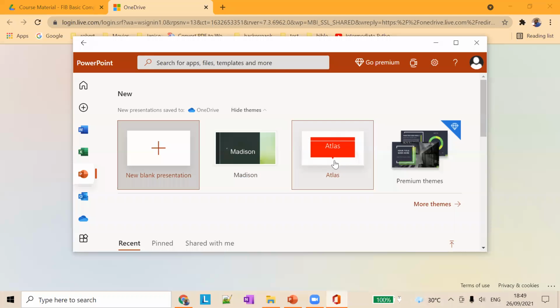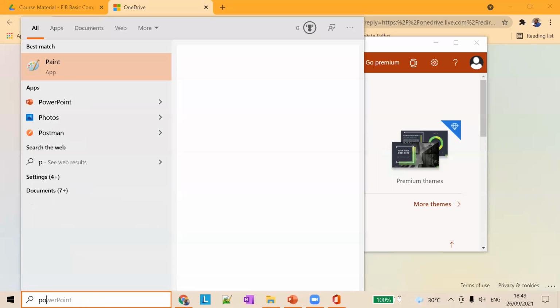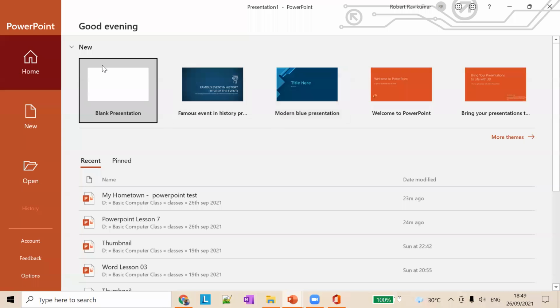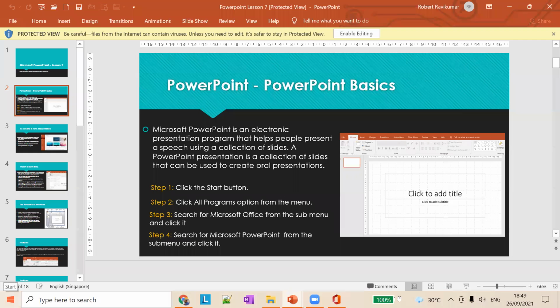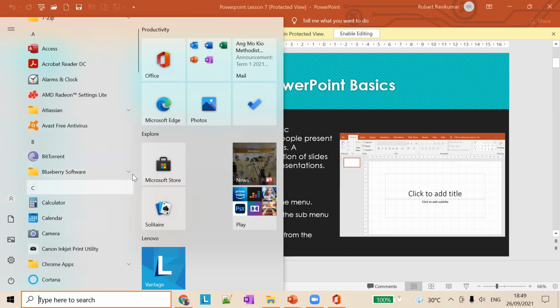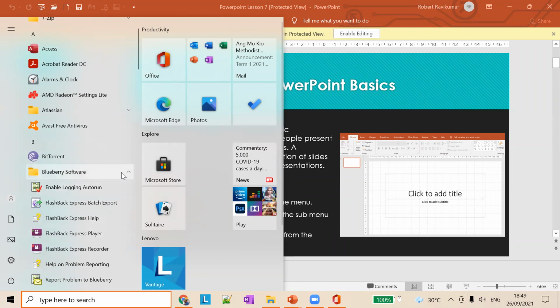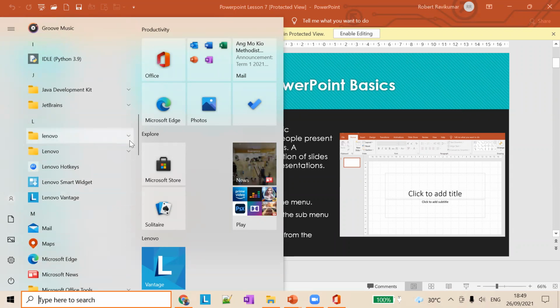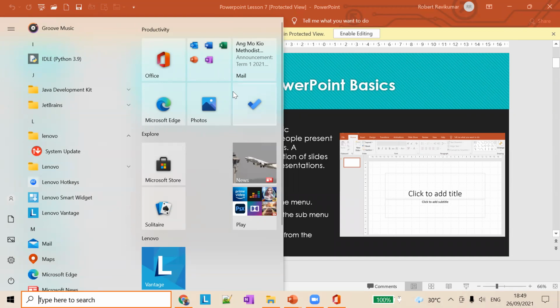So it might be a bit different for you, for those guys who are using the older version. Okay, so mine is Windows 10 and it looks a bit different. But if you're using the older version, you should see MS Office folder, and under that folder, you should be able to see all the Office tools, which includes PowerPoint also. So it could be some folder like this, and under that you should see Office, Word, Excel, and all those stuff.